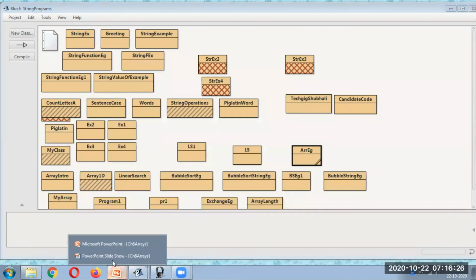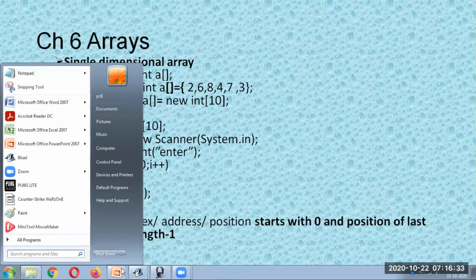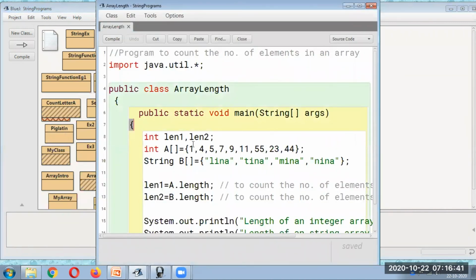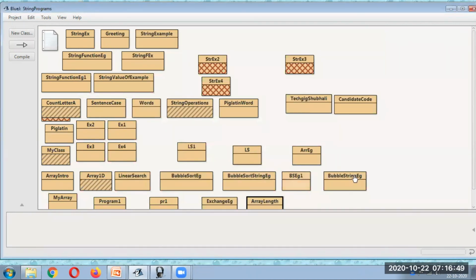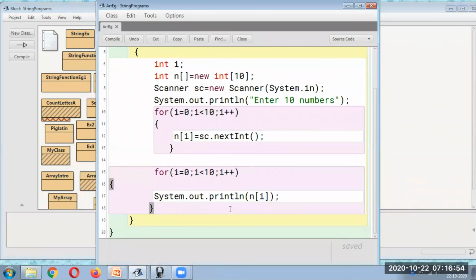So let's come back to the slide. This is what an array is. Now the next part is how do I take the length of the array. We can just take one small program for that. It is just telling you the length of the already created array. So you just have to write the array name dot length. If I want to know the length of the array, you can simply write one line: System.out.println.